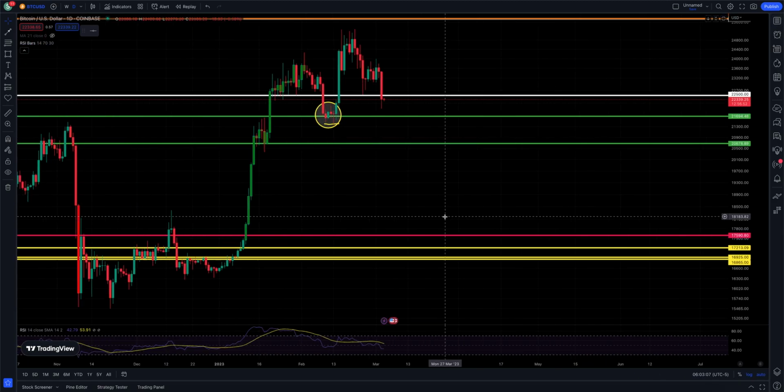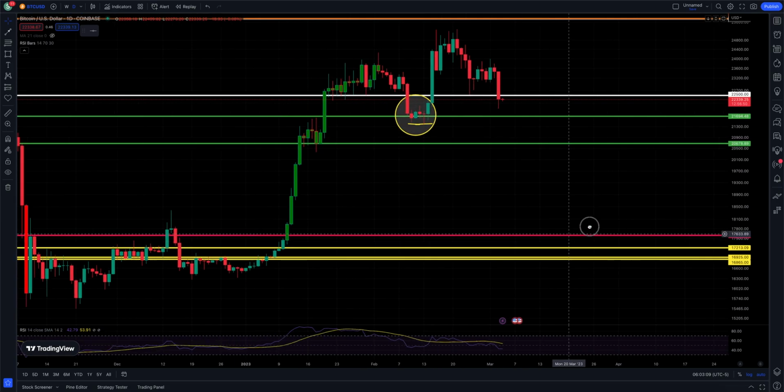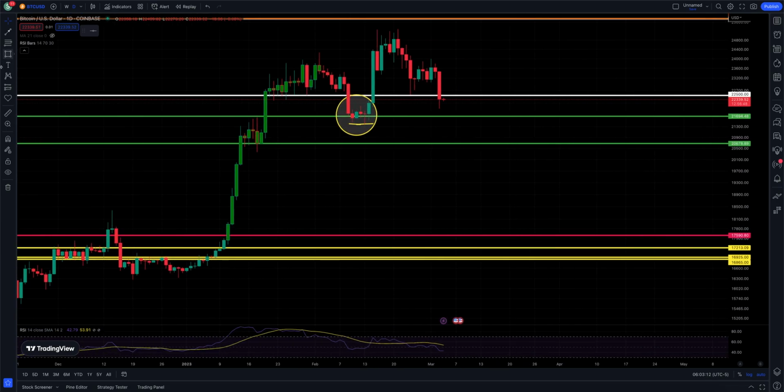Let's take a look at Bitcoin real quick, guys. We got the close below 22.5. So far, we're not continuing that momentum to the downside today. So that is good to see. So we could easily reverse today and be back above 22.5 and perhaps ready for that next leg up, which